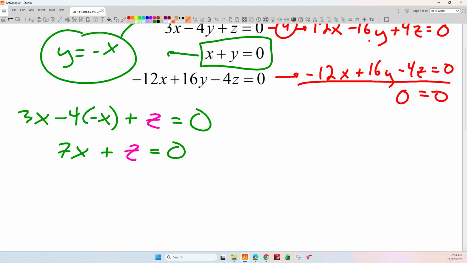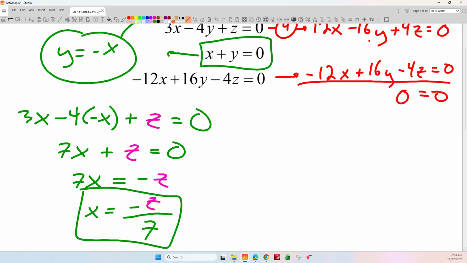In other words, if I isolate x here, 7x equals negative z, divide by 7, and I get the result x equals negative z over 7. I can pick any value I want for z, plug it in, and I'm going to be able to compute the corresponding value of x for that solution,